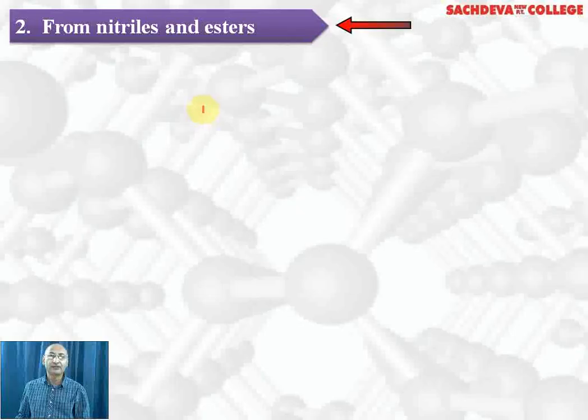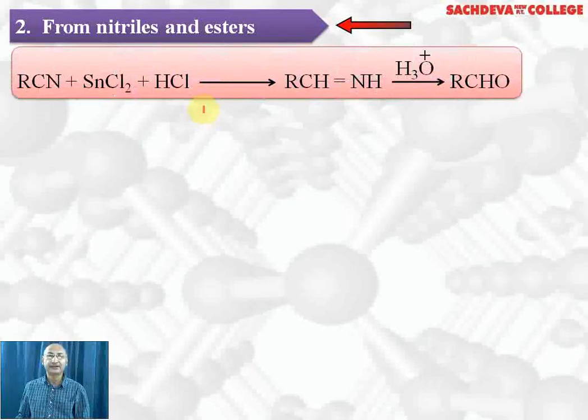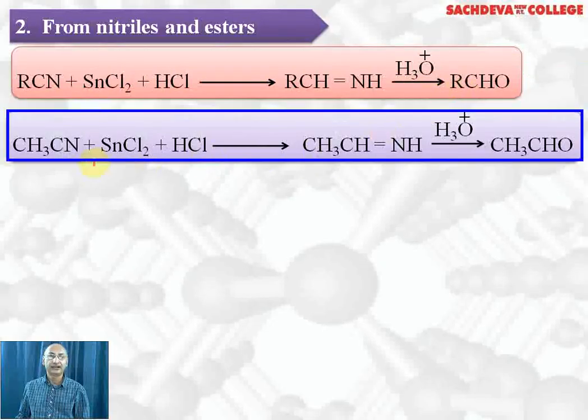Next, we are taking reduction of nitriles and esters. This is RCN, which is being partially reduced with SnCl2 and HCl to imine, which on further hydrolysis gives aldehyde. Let's take up a specific example. CH3CN, when partially reduced with SnCl2 and HCl, we get acetaldimine, which on hydrolysis in the presence of water and H+